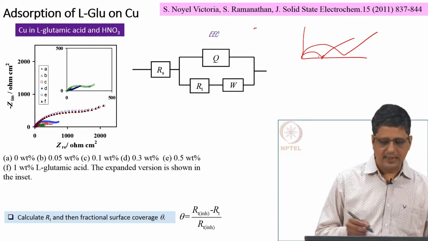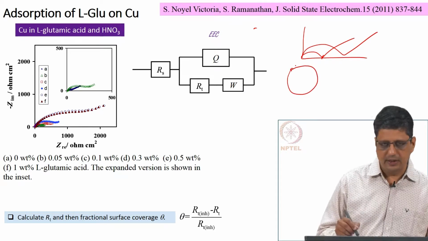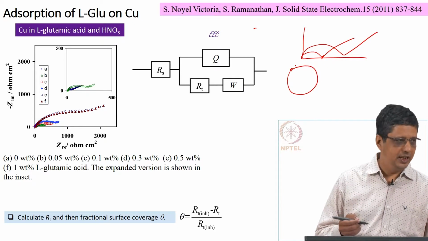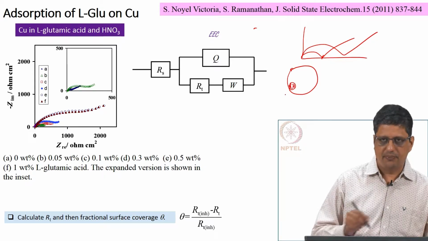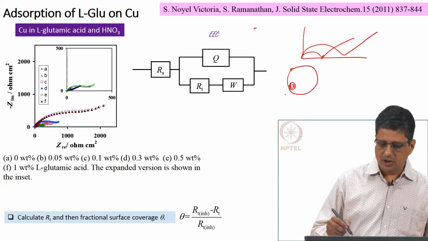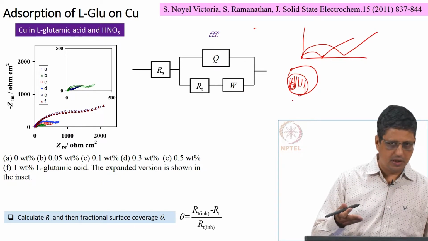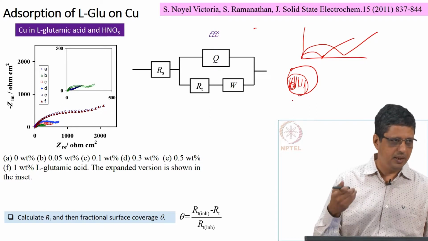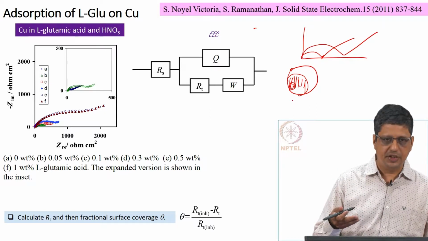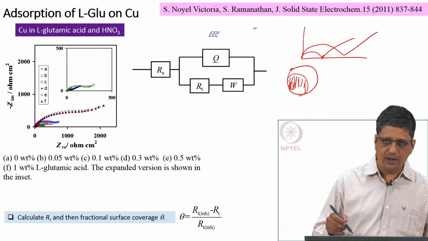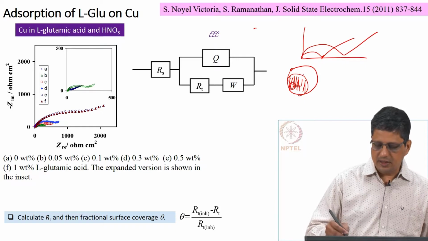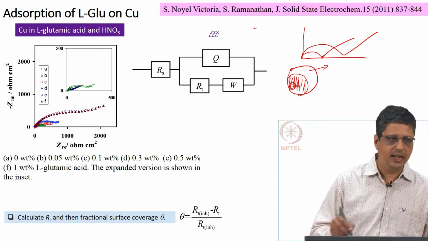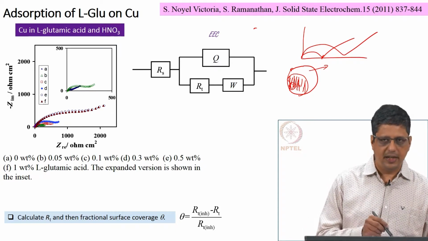So, the way we visualize is this. Let us say this is the area of the electrode. If we add a small quantity of the inhibitor, it can go and cover this surface. We add a larger quantity, of course, some of it is going to adsorb, and the adsorbed species will come out sometimes. So, it is going to be under steady state condition. If you have more concentration in the liquid, it is more likely the surface coverage is larger. When surface coverage is larger, we say that only the remaining area is available for the actual reaction.